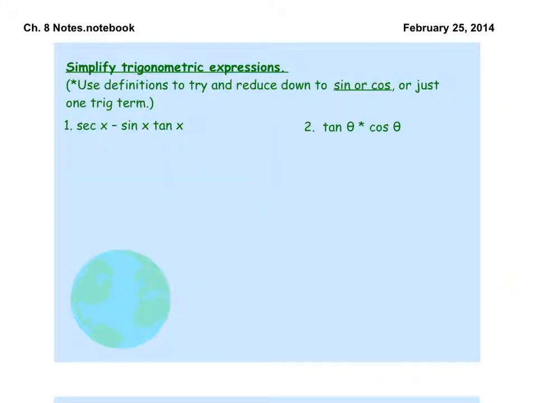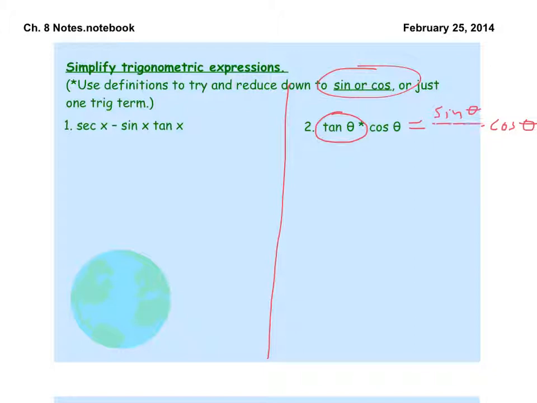Okay, we're going to simplify these. Both of these expressions can actually be reduced down to sine or cosine, as a matter of fact. Okay, I'm going to start with 2 just because it's an easier one. Now, a tricky part about these is it can be difficult to tell where to start. There's nothing to really do with cosine. We could flip that and write 1 over secant, but I don't think that's going to help us simplify it at all. We just went over a trig identity for tangent that says